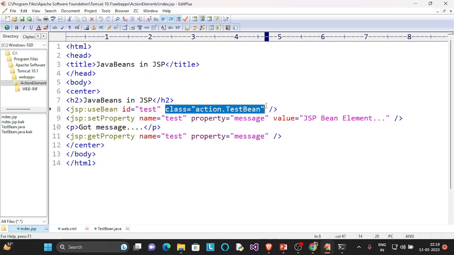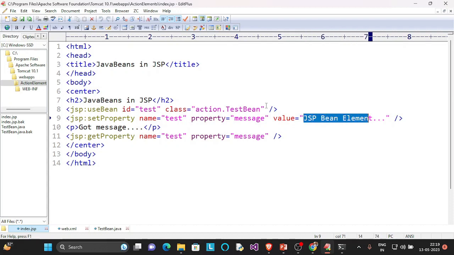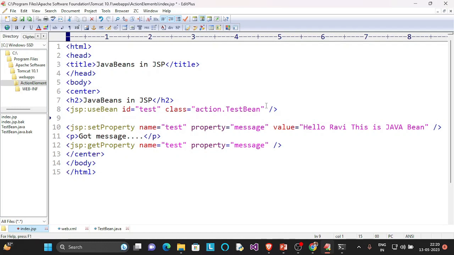After that, we just set a property, and we set a message. Let me set the message. Message is hello Ravi, this is Java bean. So this is my message, and I printed the message, but before I printed the message, let me set